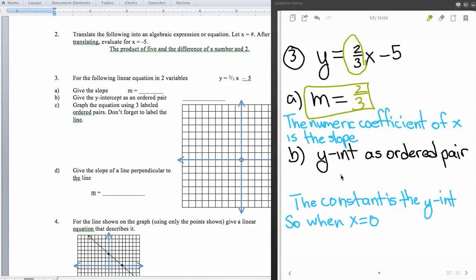Then the next thing we're asked for is the y-intercept as an ordered pair. And of course the y-intercept is the constant when x is equal to 0. So as an ordered pair, x is equal to 0, and then the y